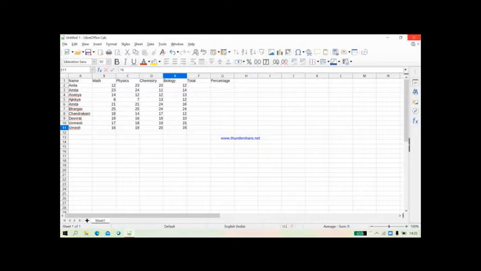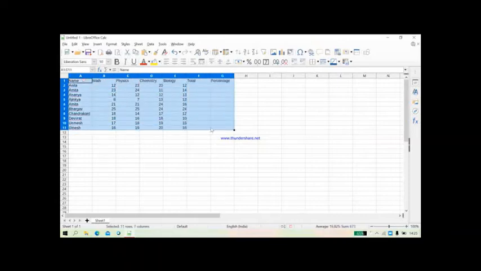So these are the marks in biology. Now after this, you will make a table where you can insert the border for this table.